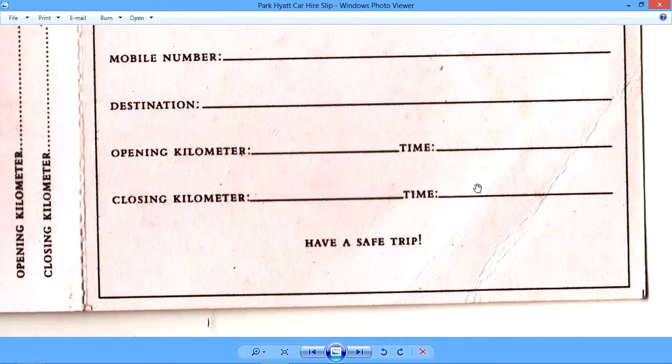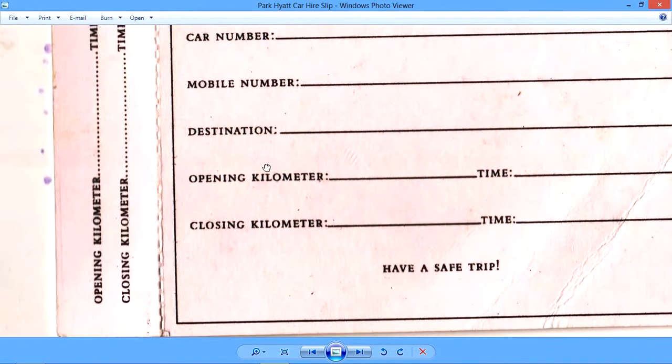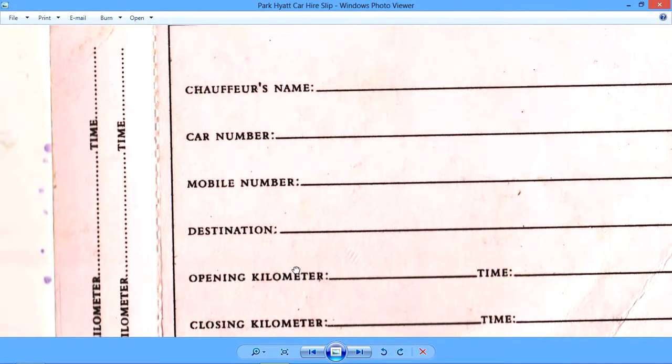So what this does is it provides us with two sets of information: how many kilometers the car traveled, and for how many hours the car was in the custody of, or in the ownership of, the resident guest. Hospitality always there. Have a safe trip. Have a safe journey. And we see a perforation here.